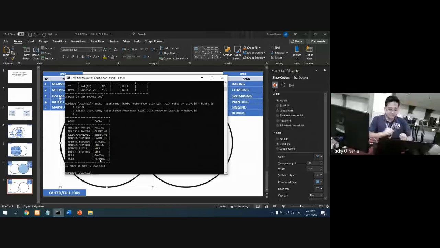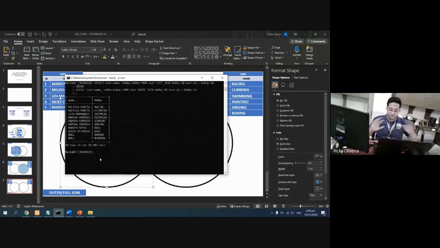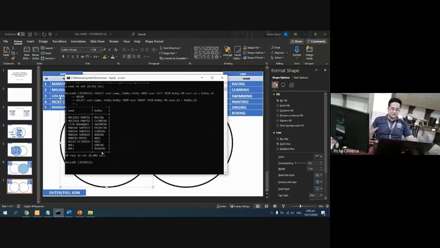Okay? So, all of which are kinds of joins. Again, you could actually combine two tables by just calling them, but it's really not that good. The result would not be good, kagaya nung pinakita ko sa inyo kanina. It would auto-fill all the information. But with the use of this, you could actually filter what is really the record. Now